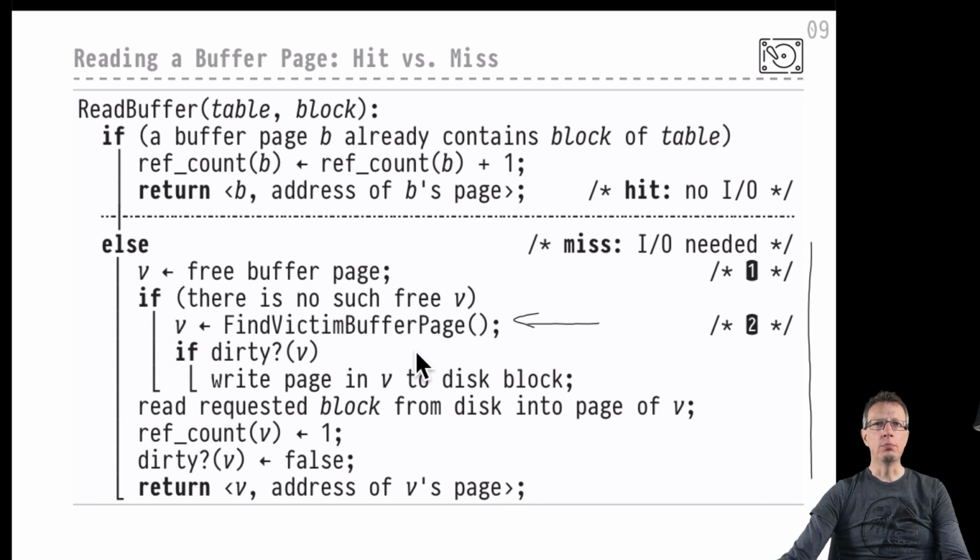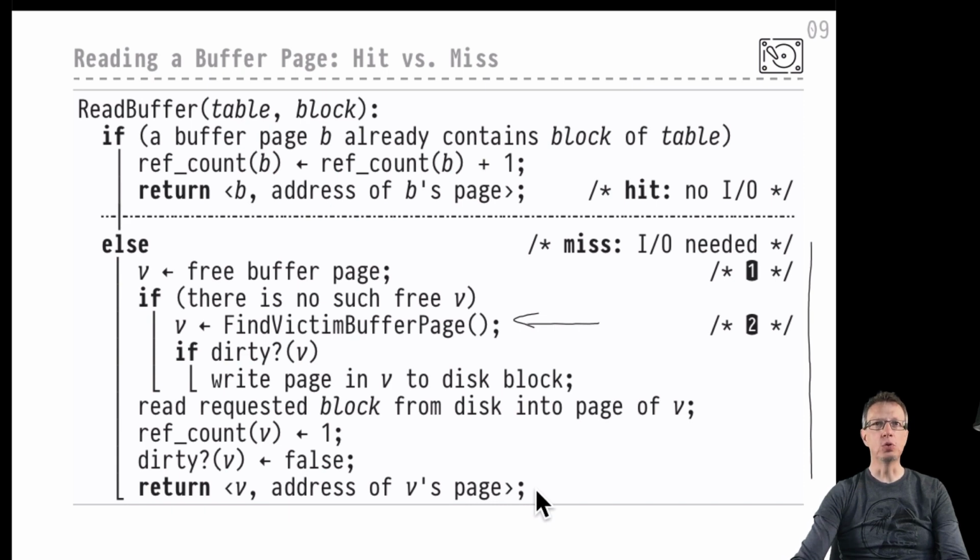Okay, then, because we haven't brought in that particular block from disk before, we would need to perform the I/O. This is where another I/O operation is needed here. Okay, so after this read operation, that block would be available inside memory. It would be assigned a ref count of 1 now, because we are the only user of this block currently. Nobody else is using this page, and as of this time, it's not dirty. We have just brought in the fresh bits from the secondary memory. Nothing has been changed yet. The block is clean still. And well, this would be the block handle and the address that we would return to our caller,